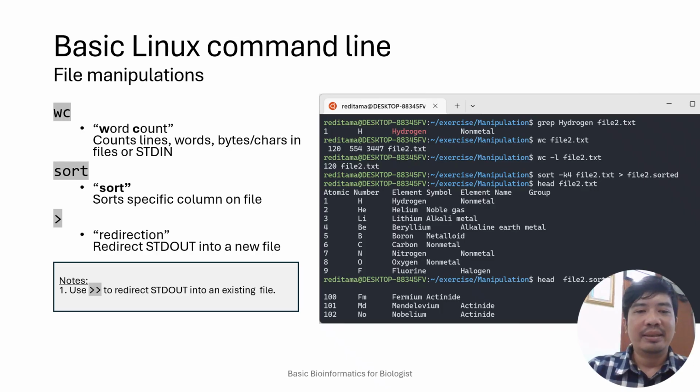And this is a program named wc, which stands for word count. It will return three data. But if you want to know only the number of rows, you can put the option here, -l.